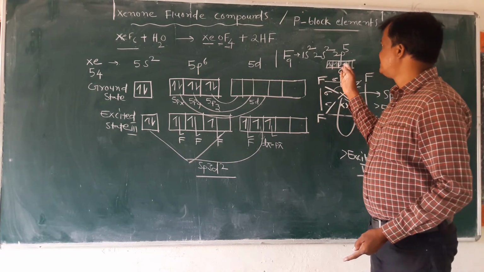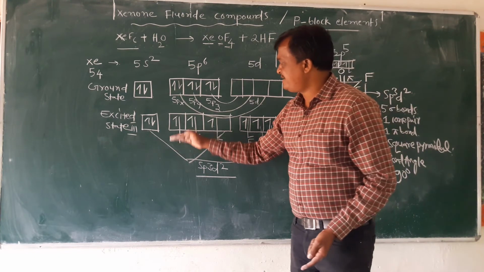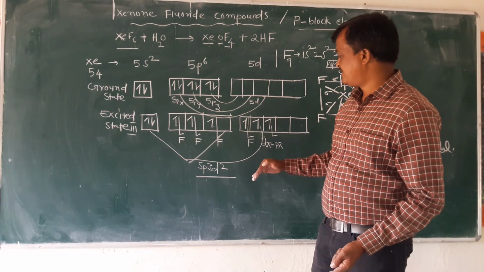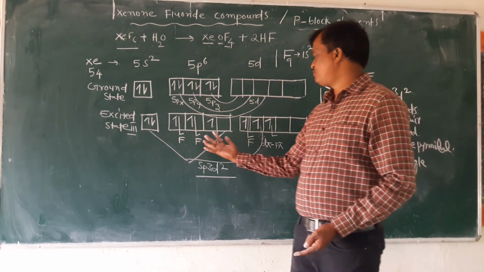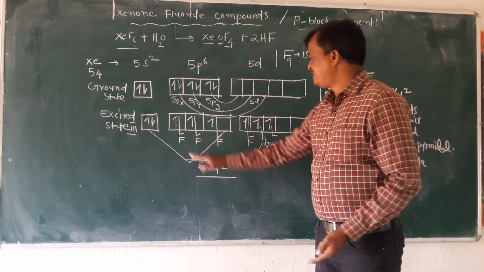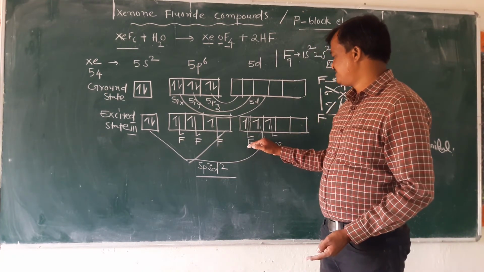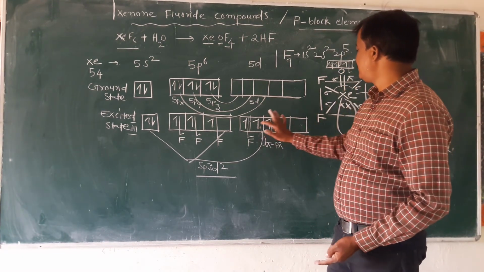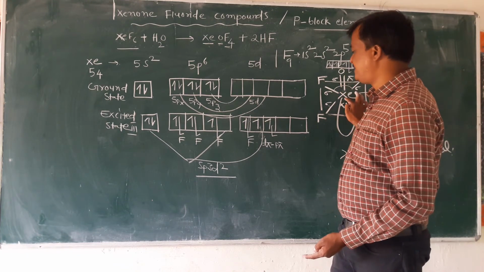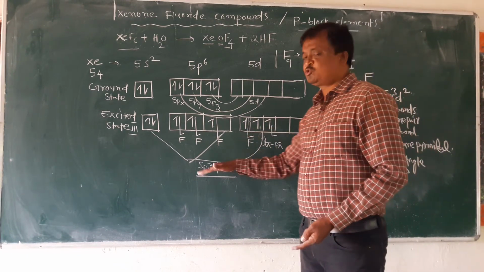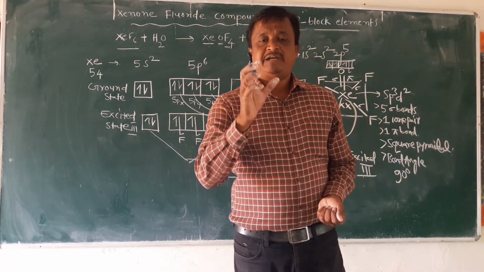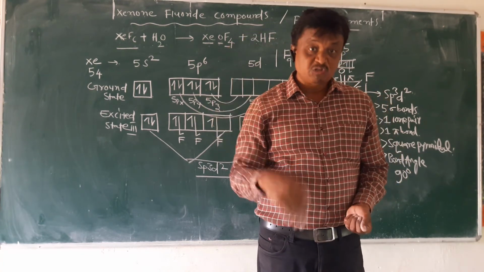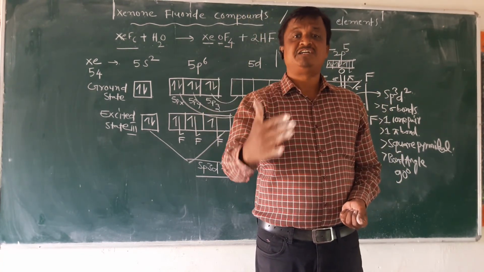So minus 1 oxidation. 4 fluorine atoms can be combined with the 3 p orbitals and 1 d orbital, forming sp3d2 hybridization. One is a dπ-pπ bond between the oxygen and xenon, along with one sigma bond. Finally, it undergoes sp3d2 hybridization, and the structure name is square pyramidal due to the lone pair of electrons present on xenon below the plane, and above the plane there is one oxygen double bond.